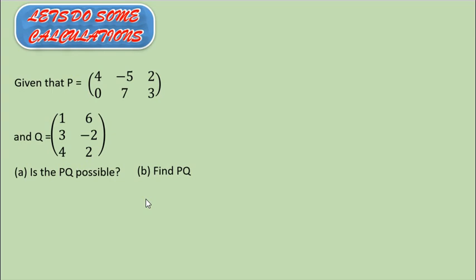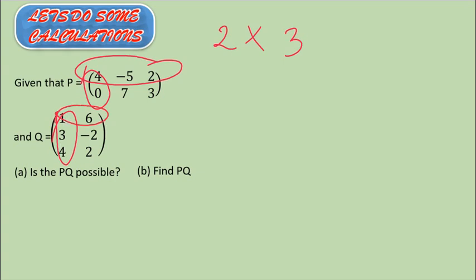So now we move to the last slide for the last phase of this presentation. Now we're going to see how to multiply 3 by 2 and 2 by 2 matrices. Once again, before we go into multiplying PQ, we need to find out whether this multiplication is conformable. Now, in the last video, I showed you how to carry out that. For this one, you have 2 rows, then you have 3 columns. So this is a 2 by 3 matrix. Now for the second one, you have 3 rows, and then you have 2 columns. So that is a